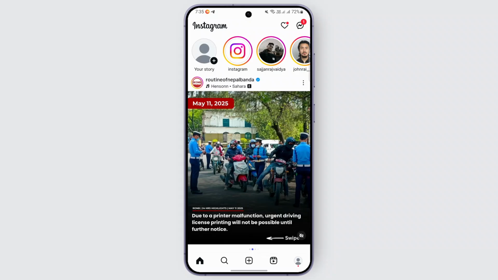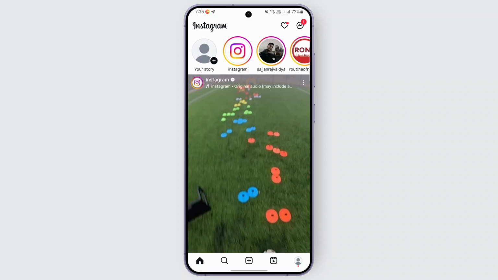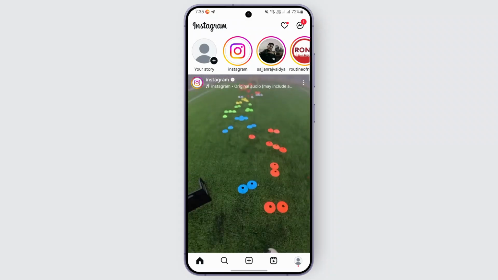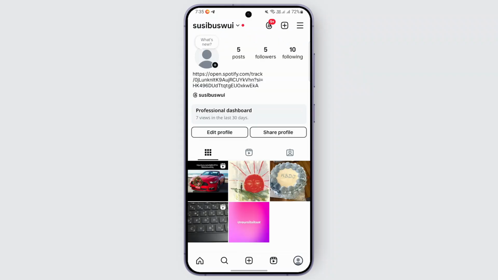For that, you can go ahead and open up your Instagram account, and you should be finding the home interface. Now from here, you may head over to your profile first, tap on the bottom right corner and open up your profile. And as you can see, I have a professional dashboard on, which means my account is a professional account. And if I want my account back, or if you want your account back, you may follow